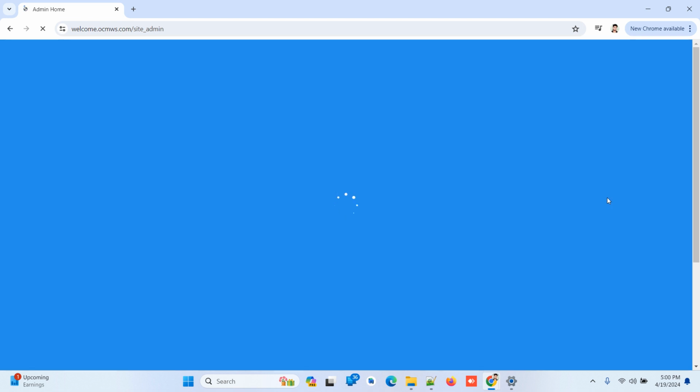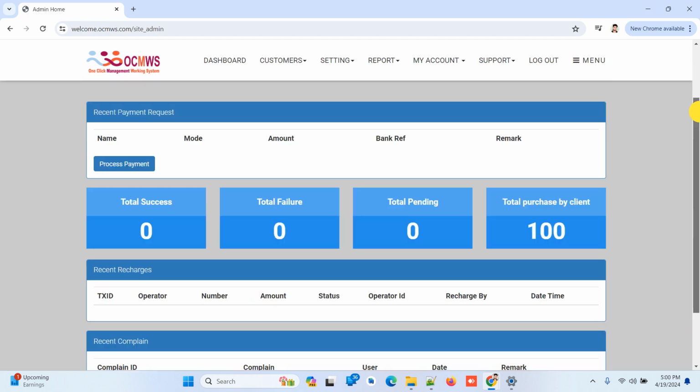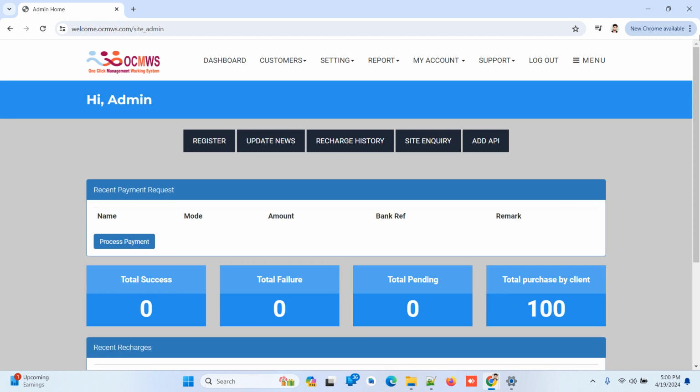But right now, every need that we give, you can provide to your clients, retailers and distributors: a direct WhatsApp chatbot for the recharge system. We also make the WhatsApp chatbot for you to use directly.